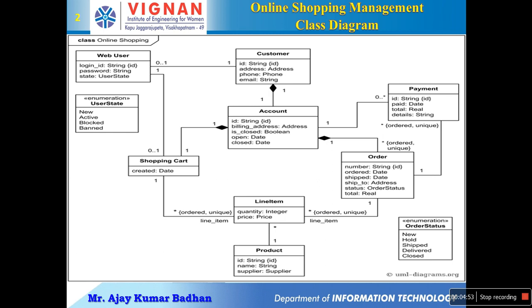And coming to the line items, what does this mean? It consists of how much quantity. Once you are ordering any item, you may be ordering two or three. And what will be the price if you're ordering one item? For example, it costs 500, so that will be represented in this particular item. And in the same way, if you're increasing the quantity, so the same item you're buying two, now the cost will be 1,000 rupees, so that is represented here.